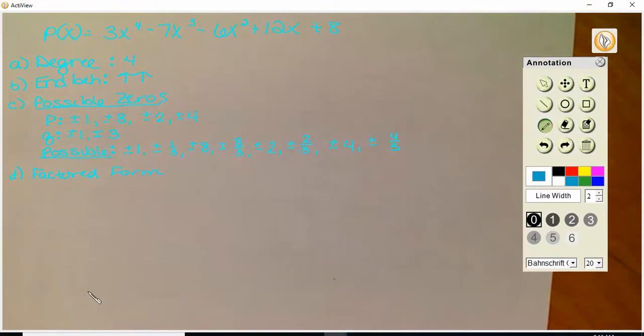So, does 2 work? Looks like it. If you're not sure if it works, remember you could just plug it back in the polynomial and see if you get out 0. But it looks from my graph like 2 works, so I'm going to start with my